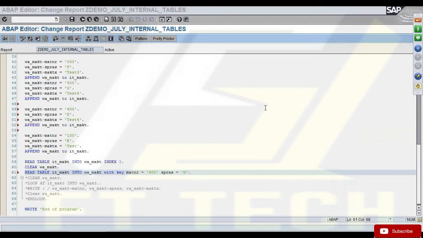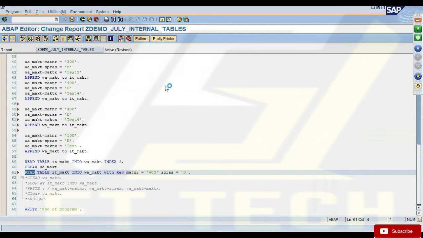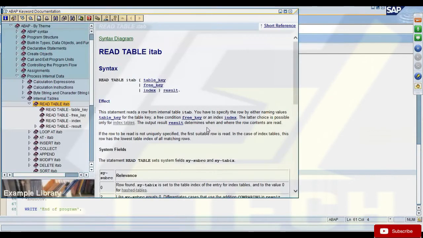Yes, Kiran. As I mentioned, when there is more than one record, the first one is picked up. If there is no record found, will it behave like select where sy-subrc is filled? Yes, sy-subrc will have a non-zero value. For every statement, if you press F1, even on select or read table itab, the documentation specifies the system fields.